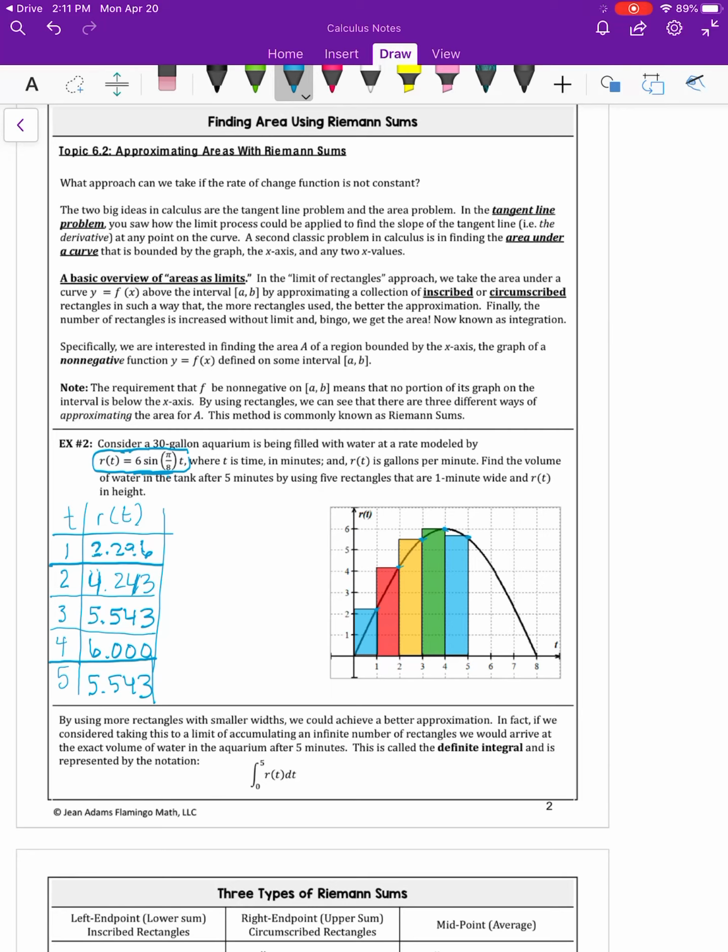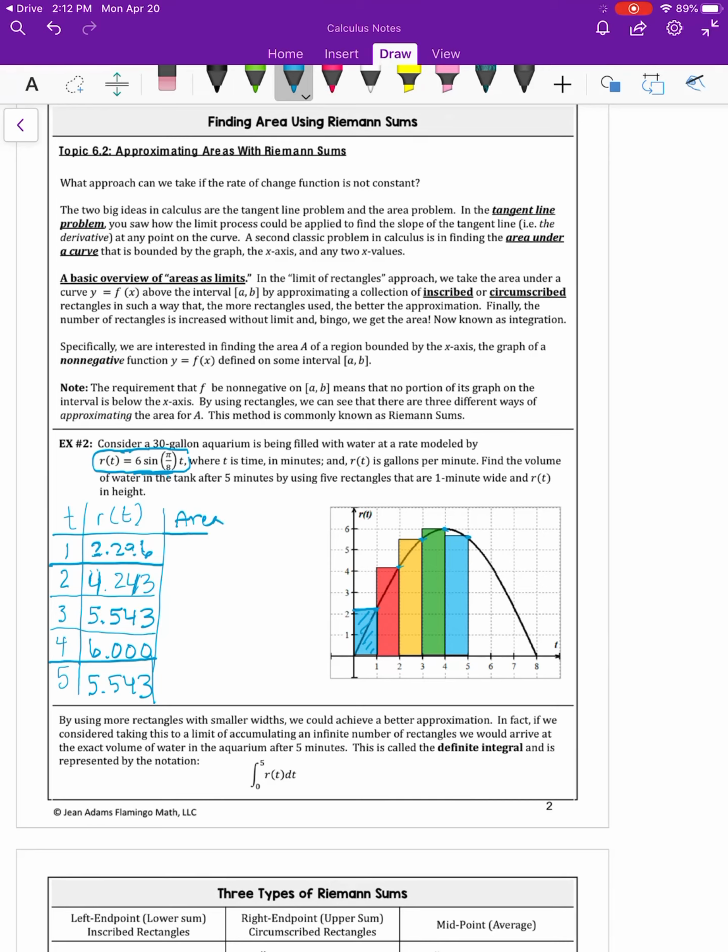And then at 5, I would be calculating 6 times the sine of 5 pi over 8, and I should get 5.543. And there's that one. Okay, so we've seen them on the graph, and those are your y values. Of course, at 0, you had 0. So now, after 5 minutes,